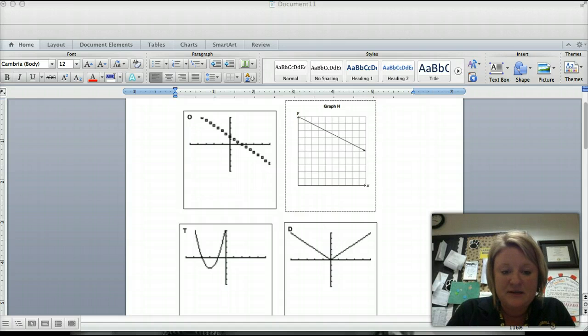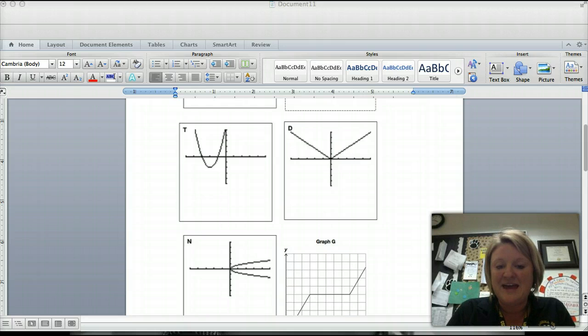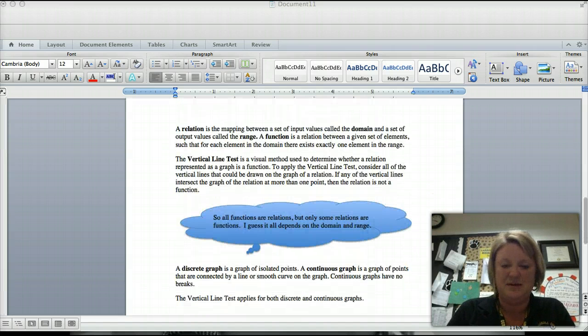If we go back up to this graph here, let's pick a different one. This graph here. The X values are both positive and negative, but the Y values are only positive. There are no negative Y values. So the domain would be all real numbers because you can put any number in there. But the range is only going to be from 0 up. All numbers 0 or greater than 0. Okay, that's a little bit about the domain and range.